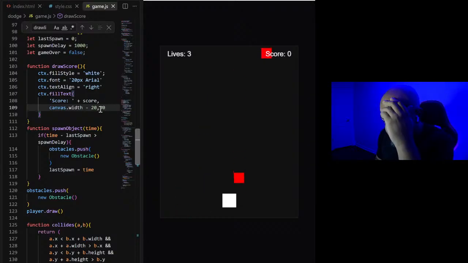I had to set the dot down. All right, so now that we have it drawn, we just need